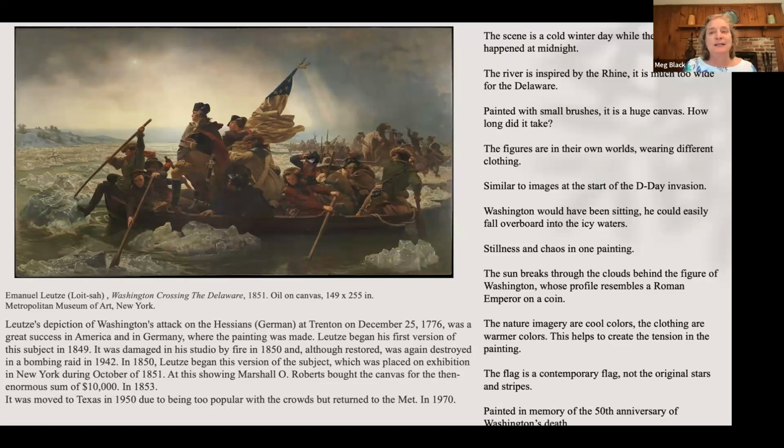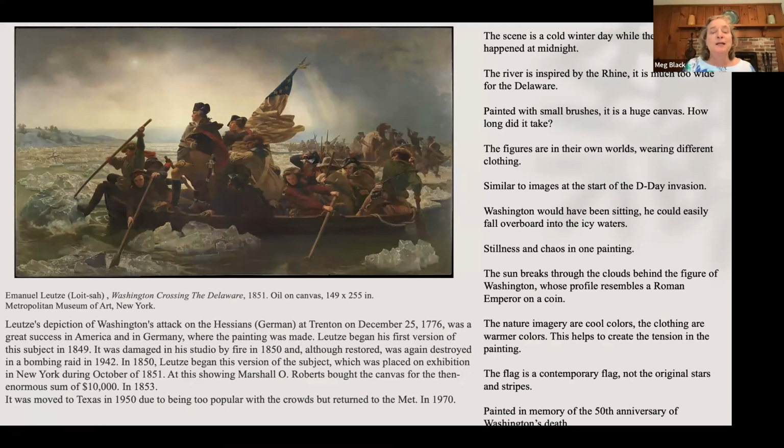And if you look at this scene, Washington crosses the Delaware River at midnight on Christmas Day. But if you look at this scene, it's not midnight, the sun is rising. And so there are a lot of liberties he took with this painting. So we see it as a very cold winter day, but even though the event was at midnight, the river here is not the Delaware River. The Delaware is much, much more narrow. This is really too wide. It's the Rhine River. So he's kind of going over to the Rhine and getting some of these images and painting them as if they're the Delaware.